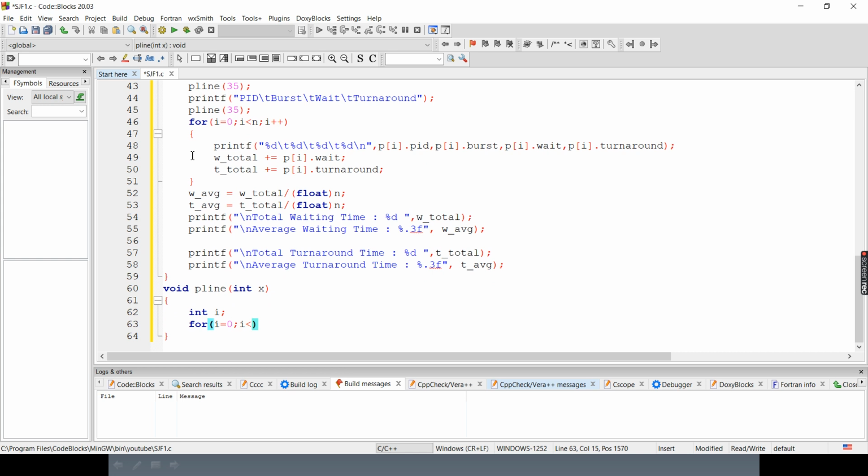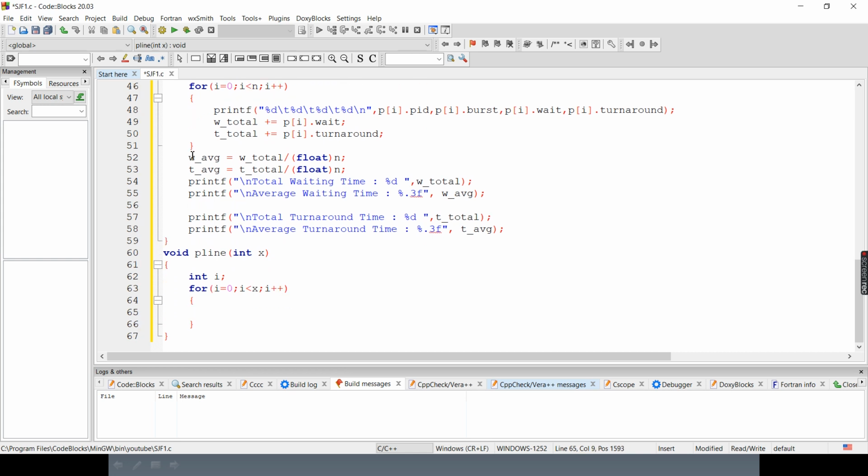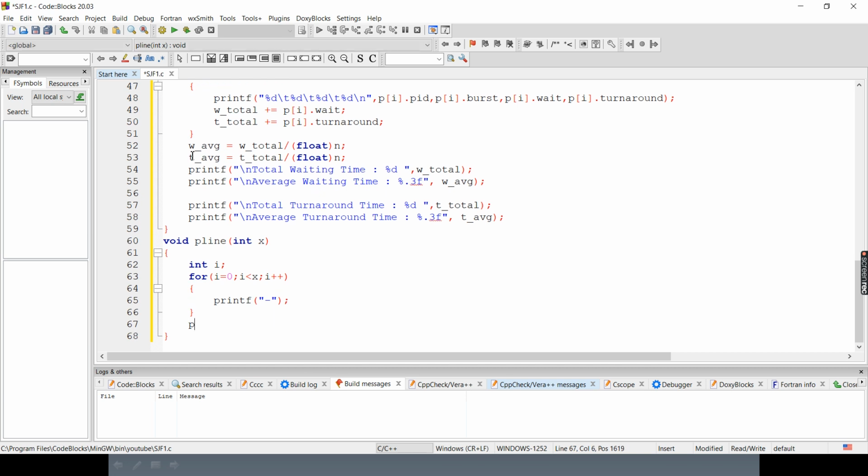In x the value will be 35, and we want to print a dash. Then we'll print \n for the next line. Yeah, so we are done with the code.